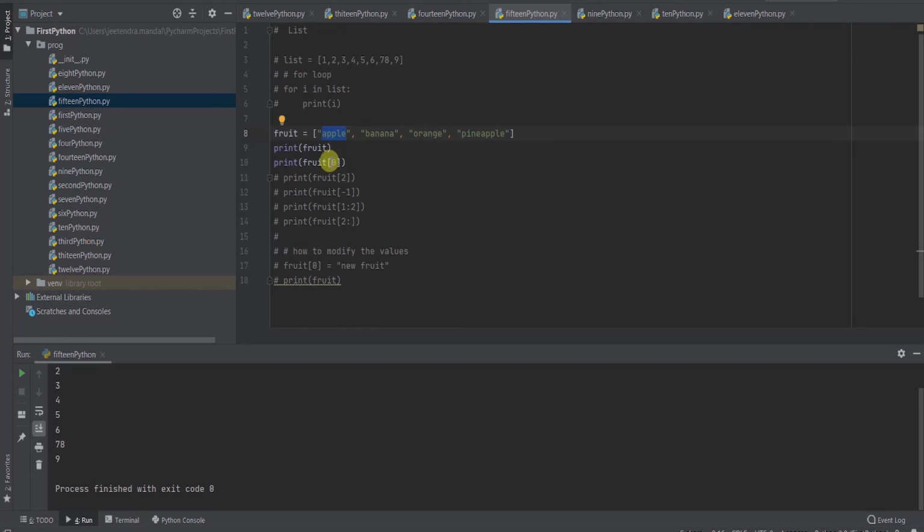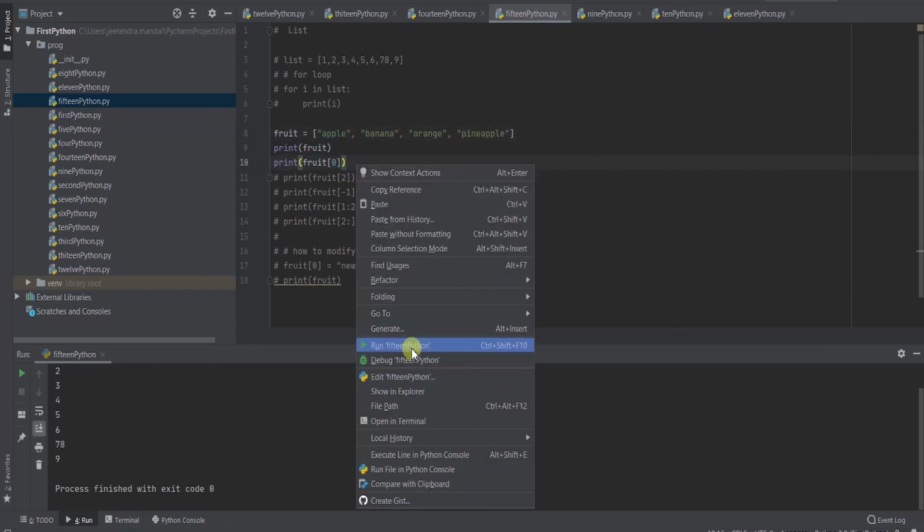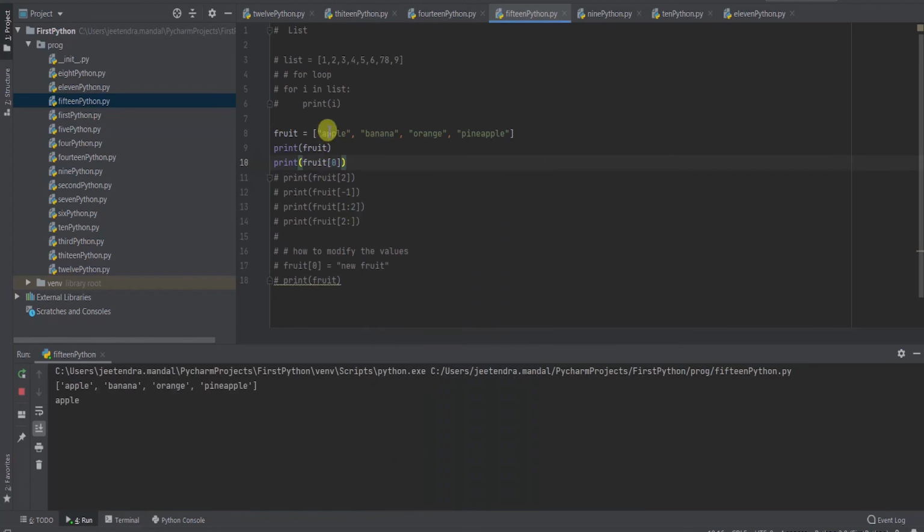If I want to print everything, then this will work. If I just want to get apple, then this will work because it starts with 0. List index starts with 0, 1, 2, 3 like this. So due to the first print, everything gets printed, and due to the second print, only apple gets printed.